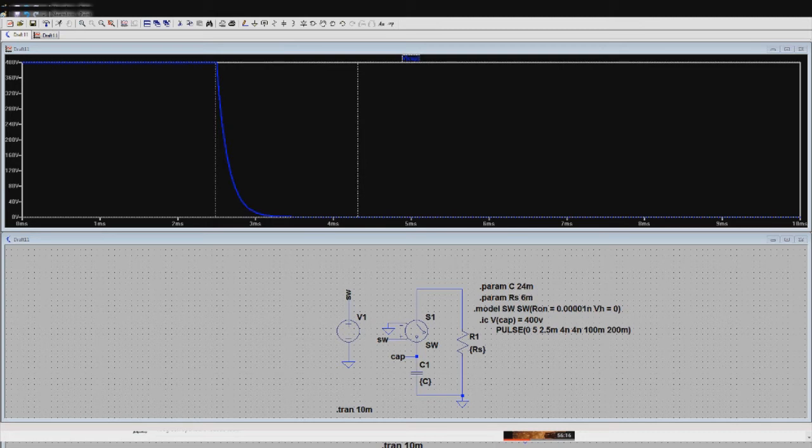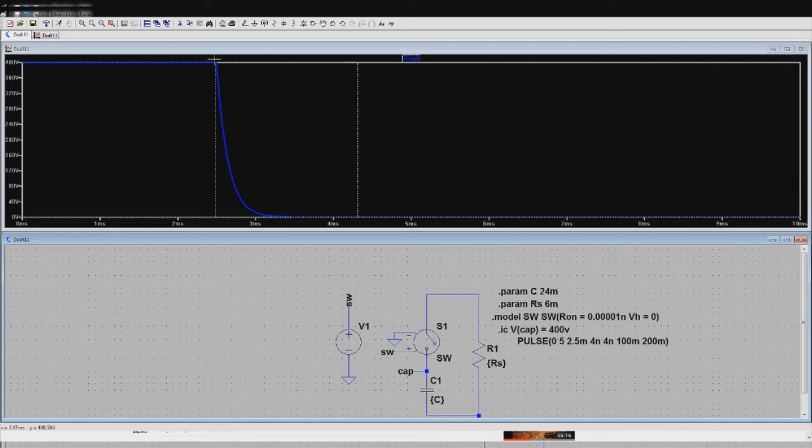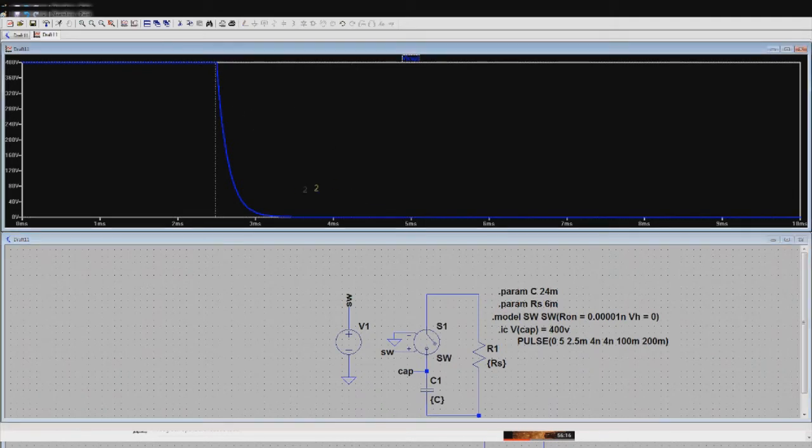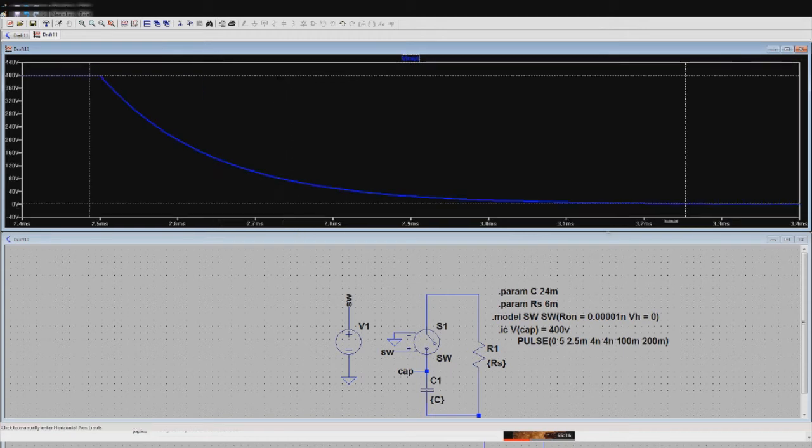Okay, everything is correct as what I said it would be, except this is a SPICE model, which is actually more accurate than my calculations. As you can see, it takes a little bit longer. It takes about 3.25 milliseconds to discharge to 2 volts,